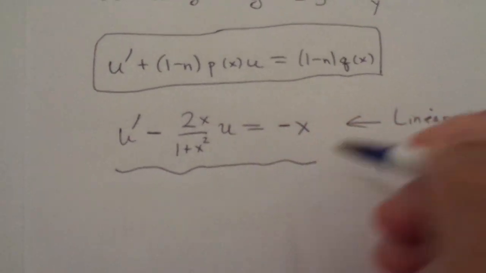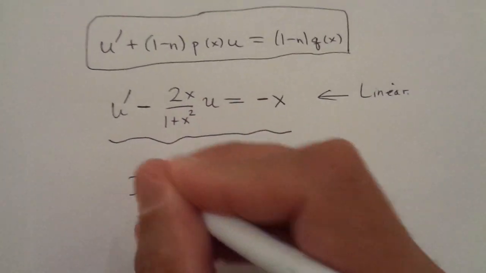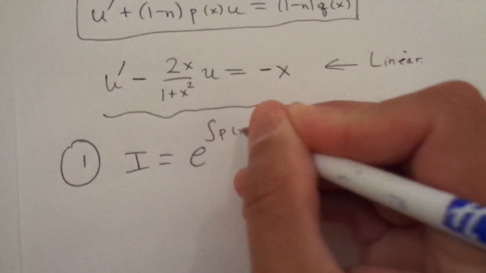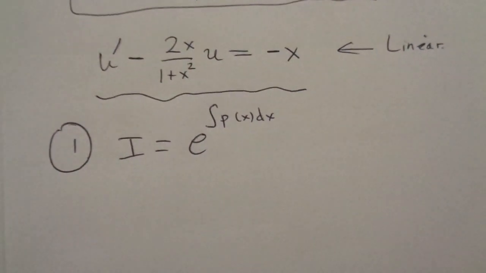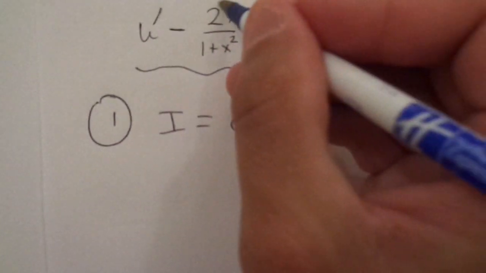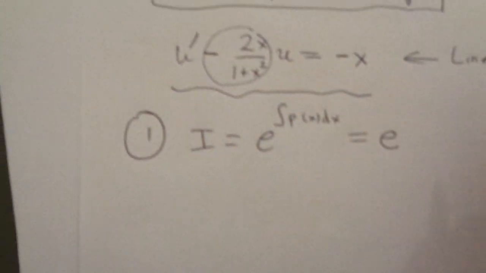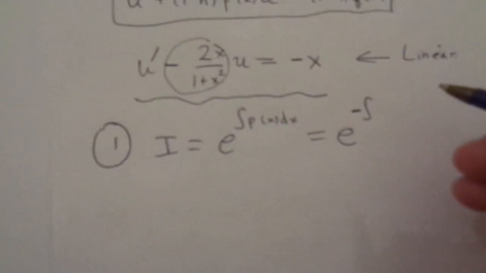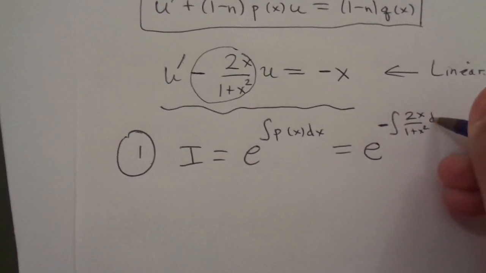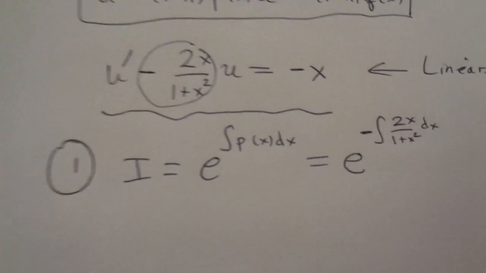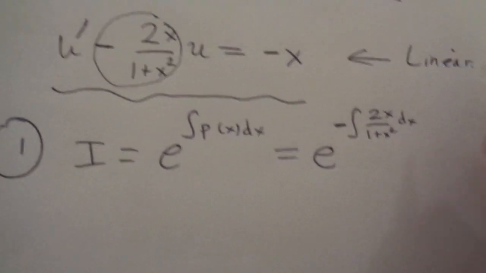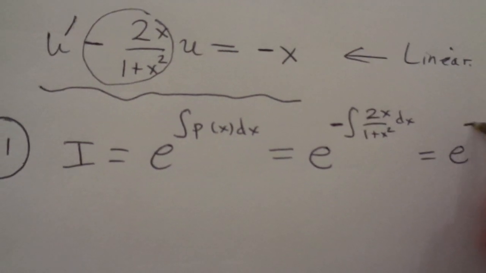Let's just practice solving it. Remember, there are 3 steps. The first one is we have to find the integrating factor, e to the integral of p of x dx. And please remember that the p of x now is this whole thing, including that minus sign, which I don't want to forget. And then I have the integral of 2x divided by 1 plus x squared dx. That can be done with a simple substitution, right? So this is e to the negative